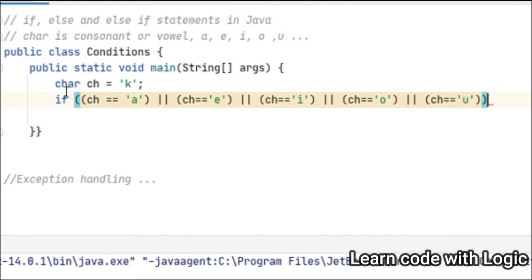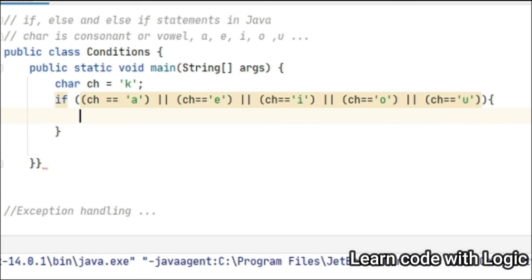I'm giving the if statement here. If character equals A, character equals E or I, O, U. So I gave the condition. I provided all the vowels here.